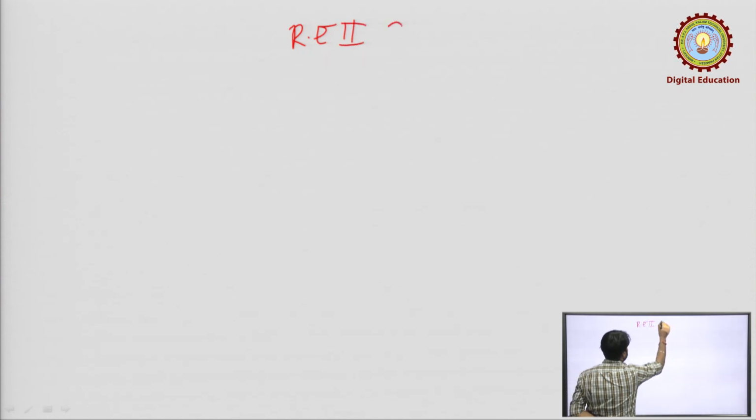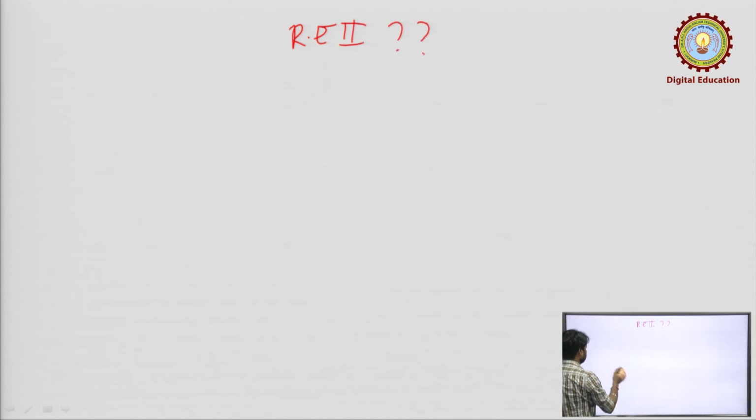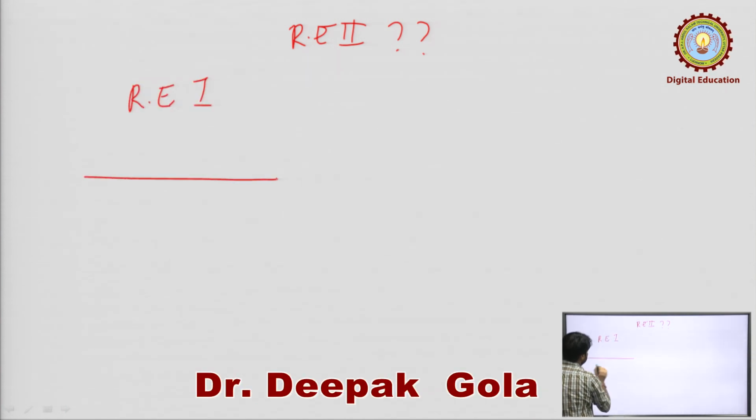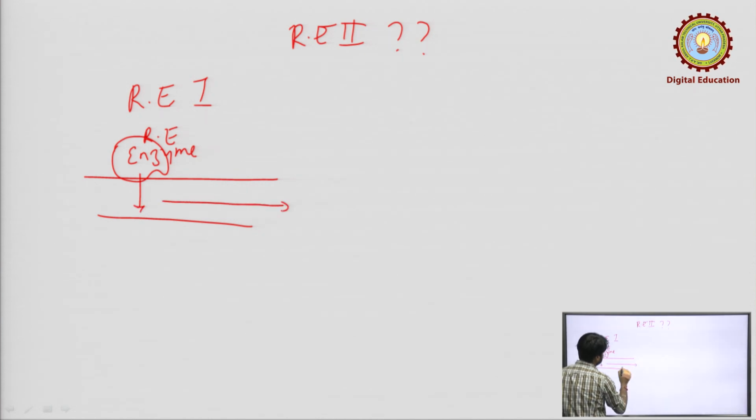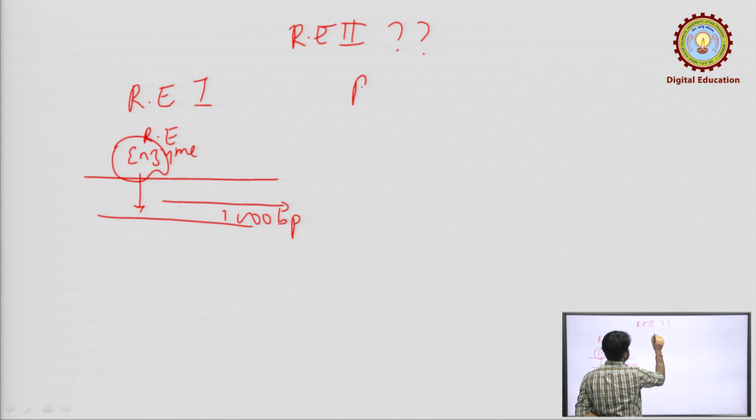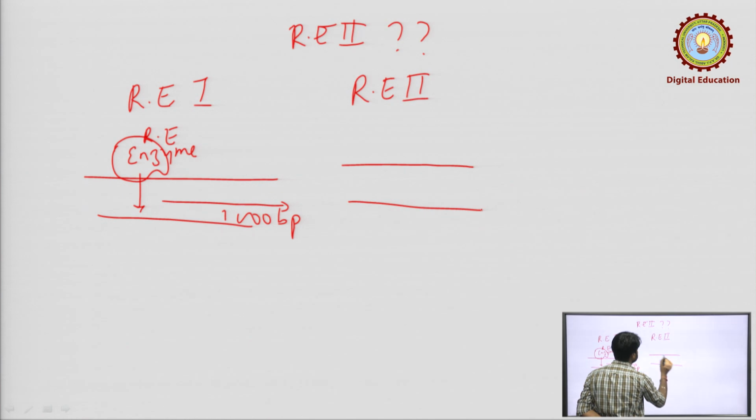In most cases, generally in 99% of cases, we use only restriction type 2 enzyme. Why so? If we have a restriction type 1 enzyme, it recognizes the site here and cuts after 1000 base pairs. So, it will increase the size of our insert. But in the case of restriction enzyme type 2, it will recognize the site